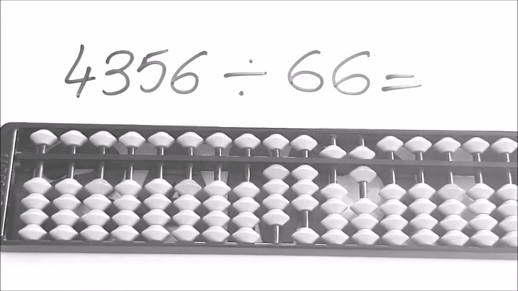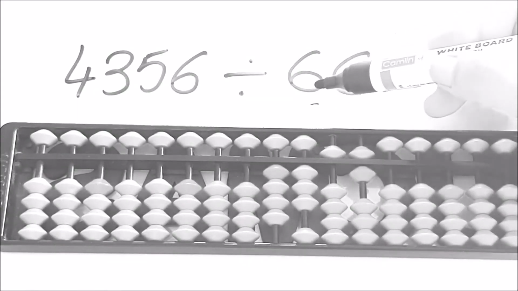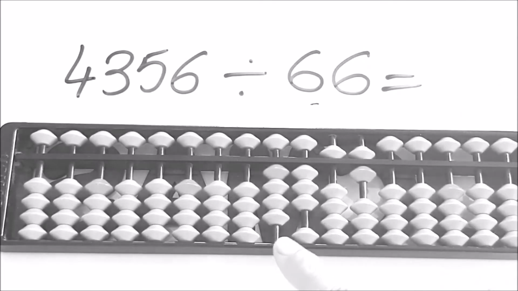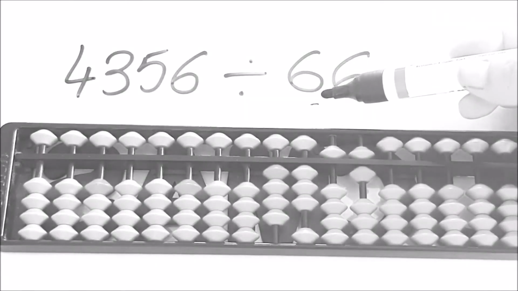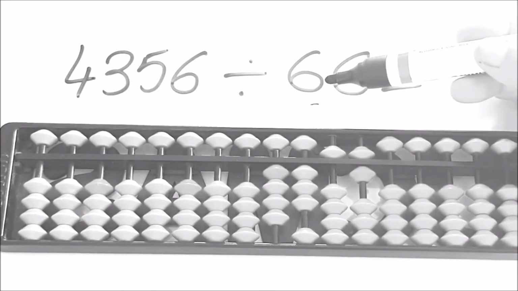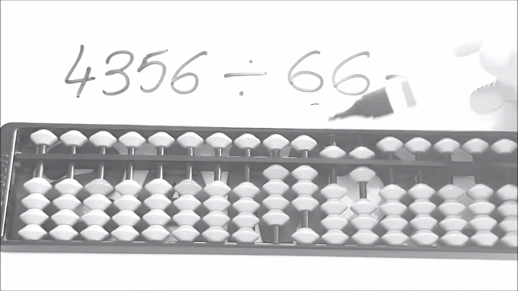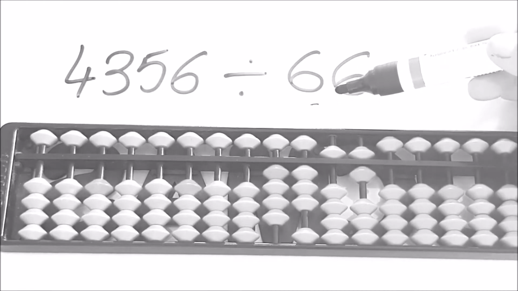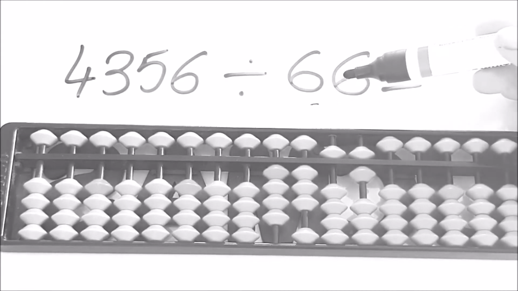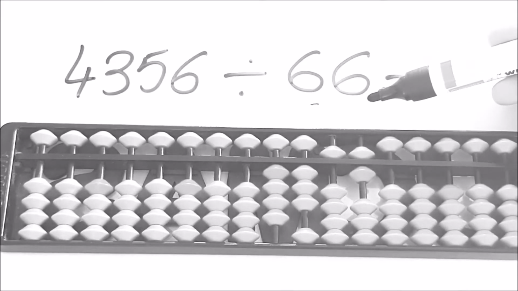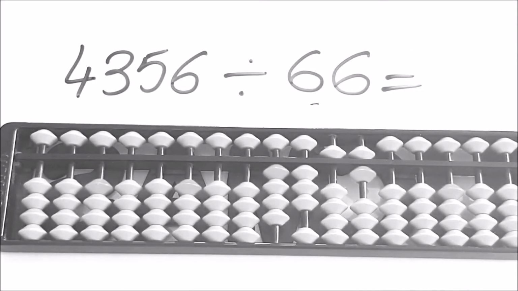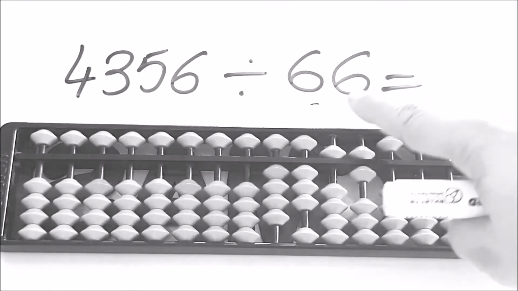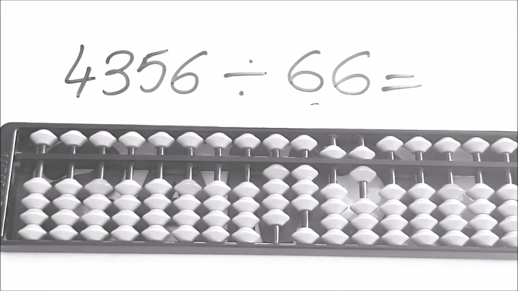Now we'll consider the first digit, that is 6. So in the table of 6 we don't have 4 because 4 is smaller than 6. So we'll take 2 digit, that is 43. Again in the table of 6 we don't have 43 but we have a close number. 6 sevens are 42. But if we take 6 sevens are 42, you have to remember this is 66. So 66 into 7 and the answer is 462. Now 66 into 7 you have to do on mental abacus and the answer comes to 462.